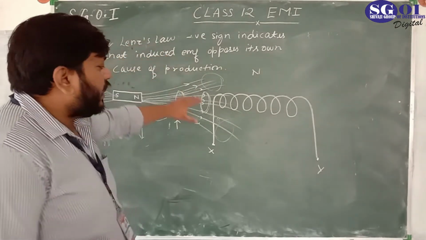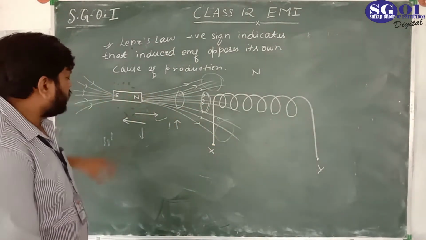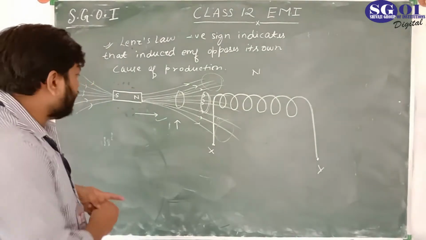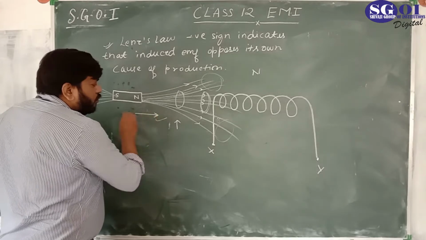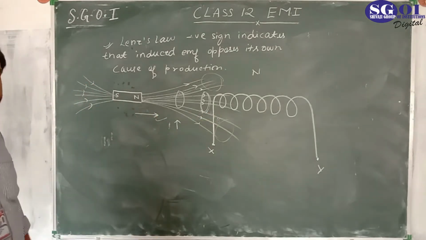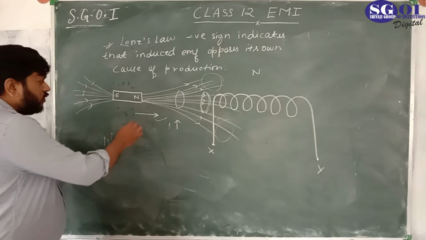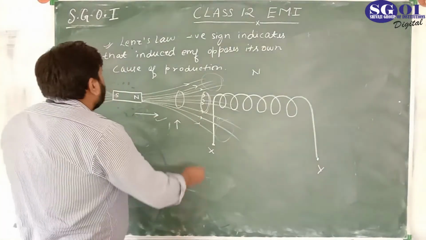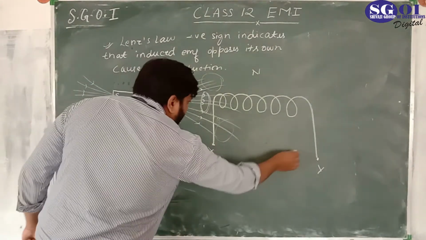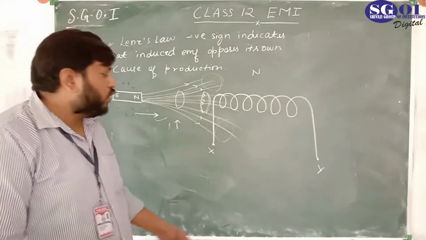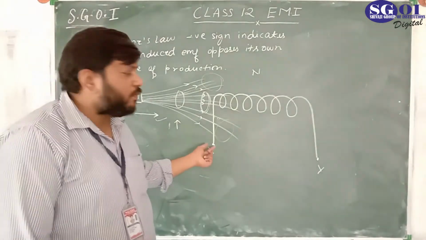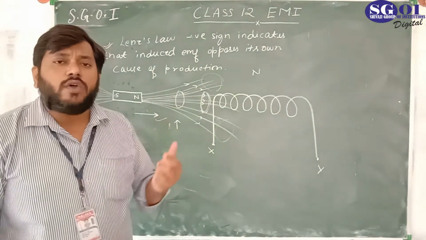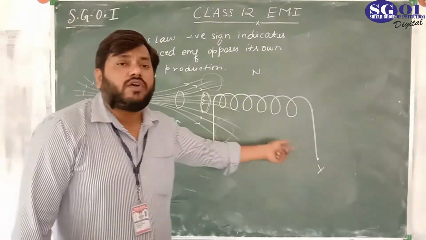Now we are going to find, suppose we are taking the first case, and this bar magnet is moving toward this. Okay, just understand. We are taking this bar magnet towards the coil. Now EMF is induced, definitely EMF will be induced. Now we want to find whether this terminal will be positive or this terminal will be positive. If this is positive, then this is negative. Then how would we be able to find the polarity of the induced voltage?